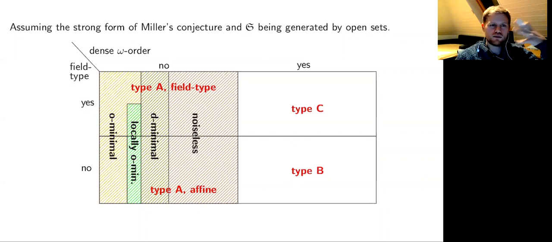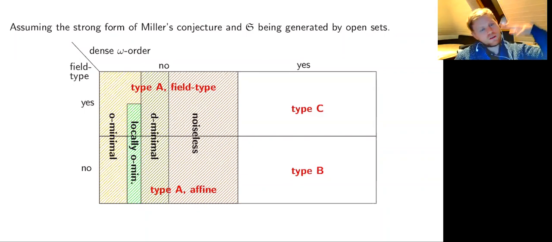Because you would probably have to prove some very general tame cell decomposition theorem for these kinds of structures. And maybe all these different cell decomposition theorems that you know for D-minimal, o-minimal, and so on would really just be specializations of these very general theorems. So I think even